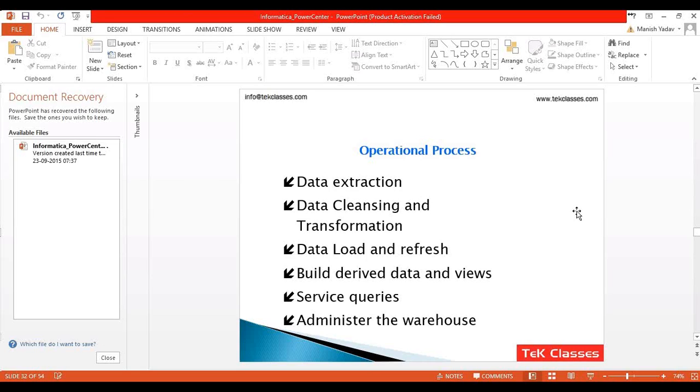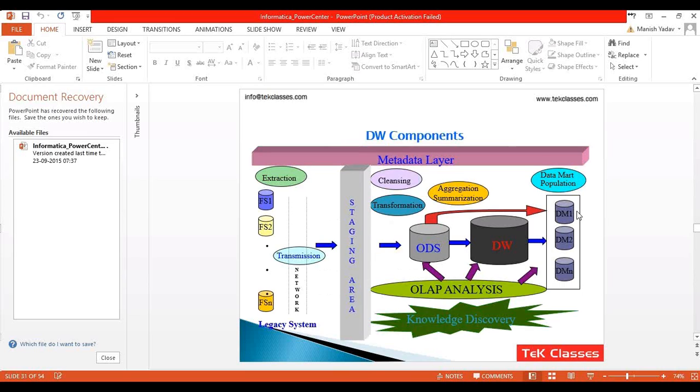So guys, this diagram is a typical data warehouse diagram, which you have to memorize. You have to just visualize it anytime you talk about data warehouse or anything. So this is how it looks. Okay. So these are all legacy systems. Obviously, your source is your old systems, which you call legacy systems. You are extracting data, and it's going into